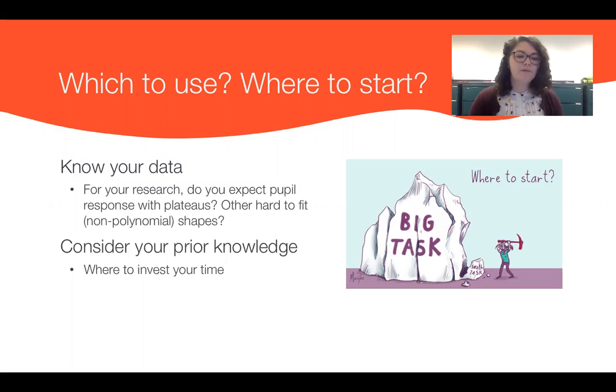And the other thing that I would say is consider your prior knowledge and where you want to invest your time. I mean, a part of me wishes I had invested the time learning how to use GAMMs from the get-go, but I also think that growth curve analysis is really well suited to the kind of experiments I'm running. I'm getting a single evoked response, and it's pretty easy to select a time window that will be able to fit to the model shape, and that's worked really well for me for the research studies that